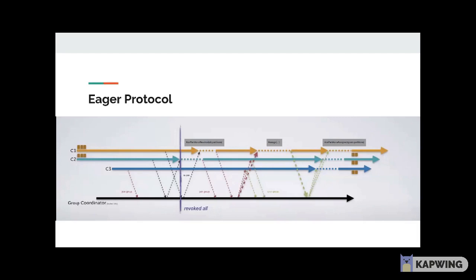In this example, we'll see what happens when consumer C3 joins a consumer group which already has C1 and C2 as its consumers. So when C3 sends a join group request to the group coordinator, right? The group coordinator will see, okay, now everybody has to rejoin this group. And how it communicates this to C1 and C2 is when C1 and C2 send a heartbeat to the group coordinator, they'll get a response saying you need to revoke your partitions and rejoin. At this point, they'll revoke their partitions and send a join group request again, right?